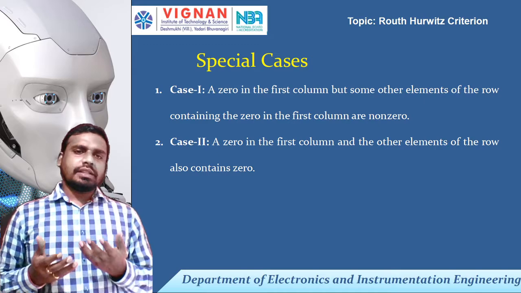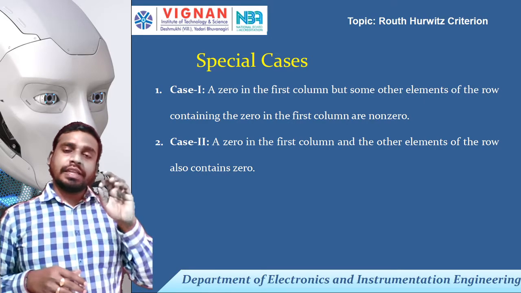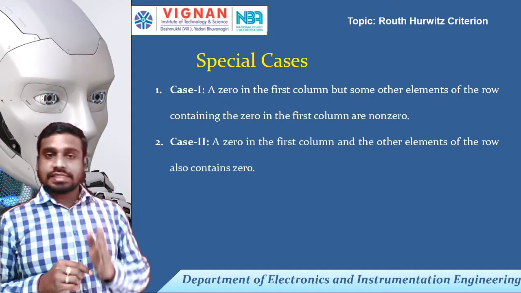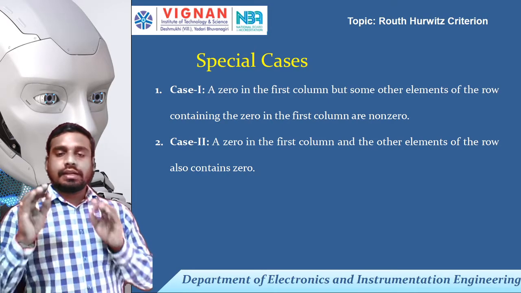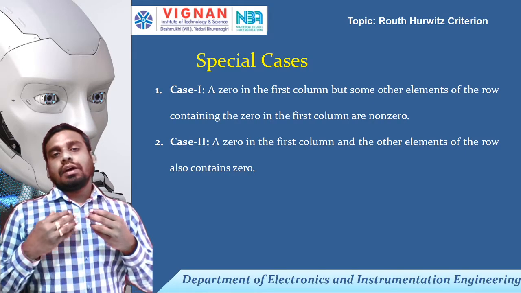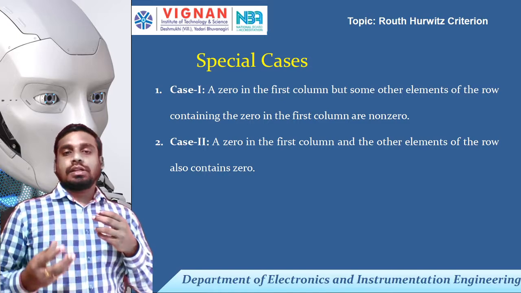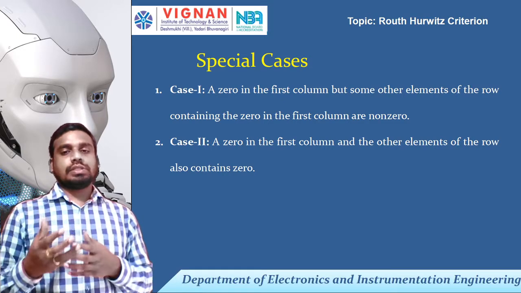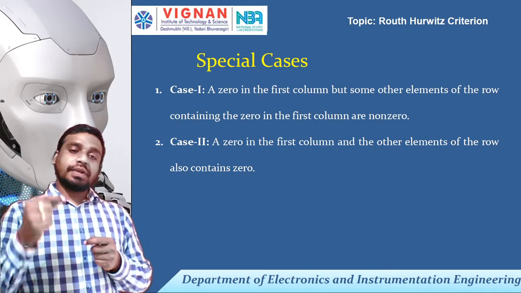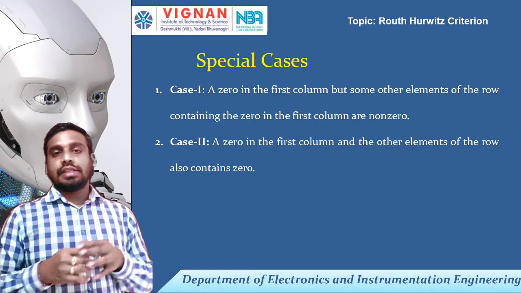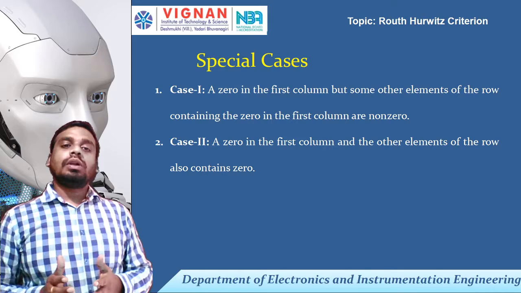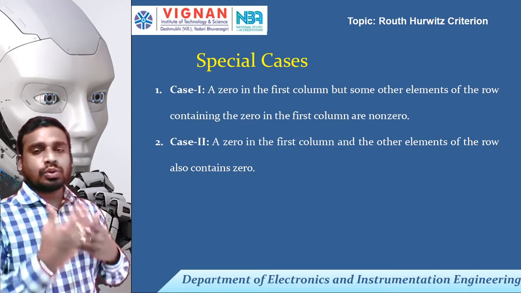To just estimate the stability, if any zero is there when you're writing the Routh table, if you find any zero in the first column, directly you can write it as an unstable system. But the point here is when they ask you to represent the number of poles on the right side, number of poles on the left side, then you have to follow these special cases and complete the whole table and estimate it. Then how to do it, we'll see.